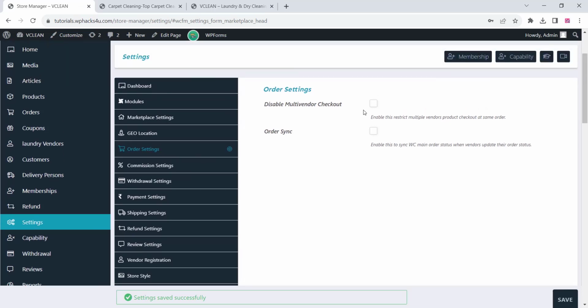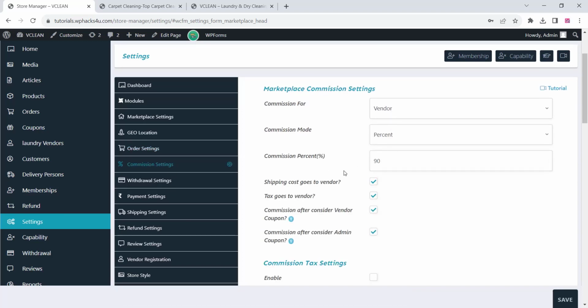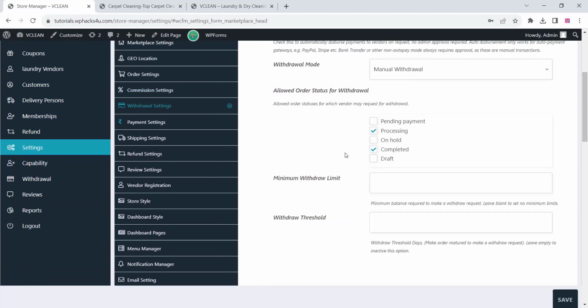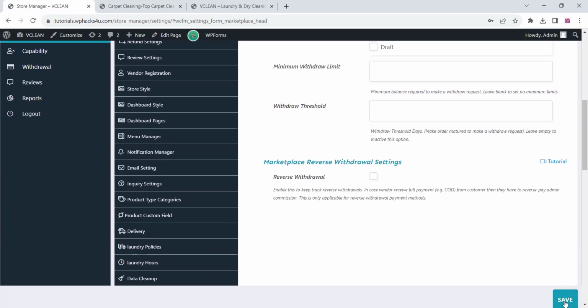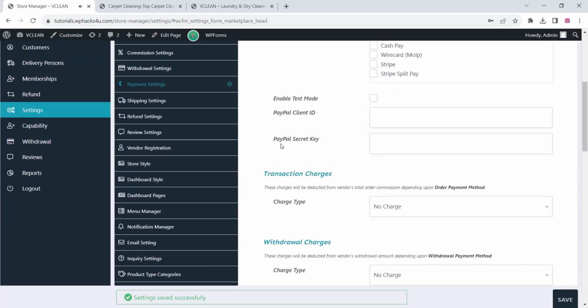And all the basic settings you can do on the WCFM settings area. Like the withdrawal settings, payment settings, shipping settings, all the settings are very easy. You can choose, disable or enable all the options according to your requirement. Okay,